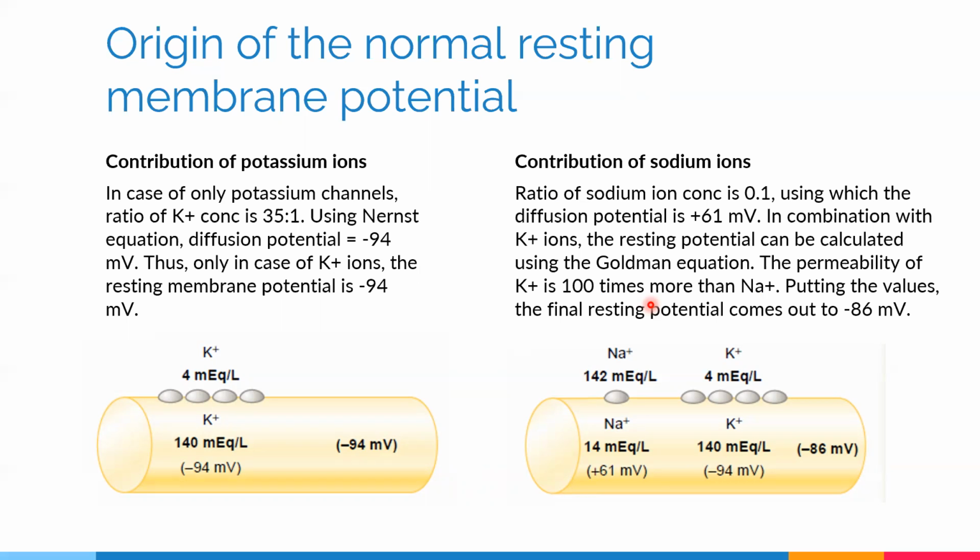Thus, if only potassium ions were present, the resting membrane potential would have been minus 94 millivolts. When we next look into the contribution of sodium ions, the ratio of the sodium ion concentration is 0.1. Plugging which into the Nernst equation formula gives us the diffusion potential to be around positive 61 millivolts. But when potassium ions also come into play,